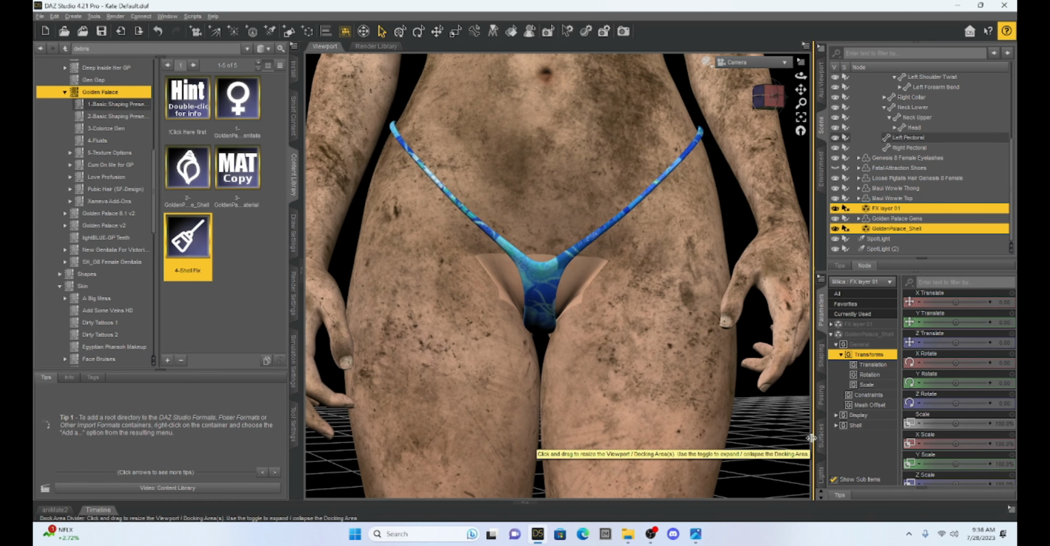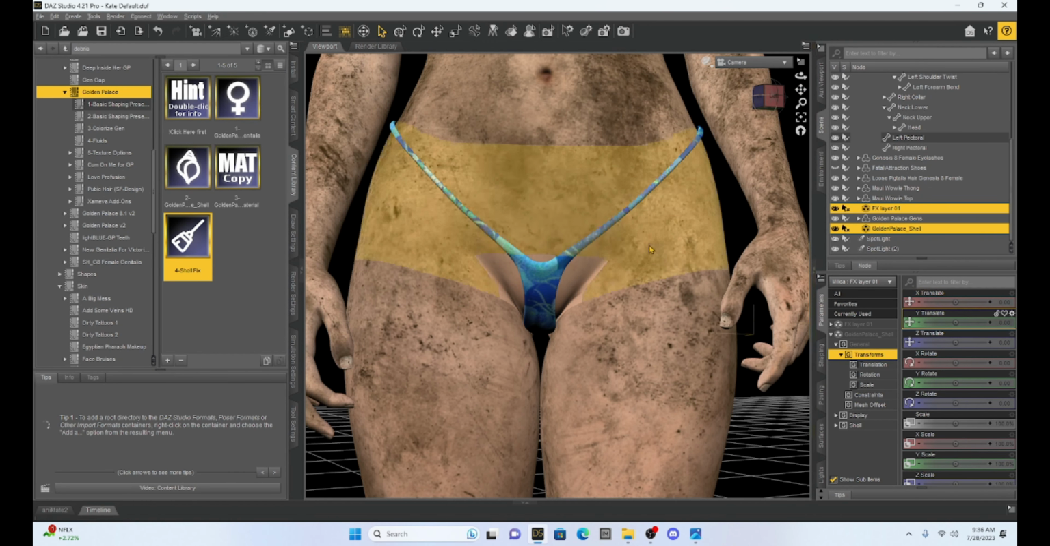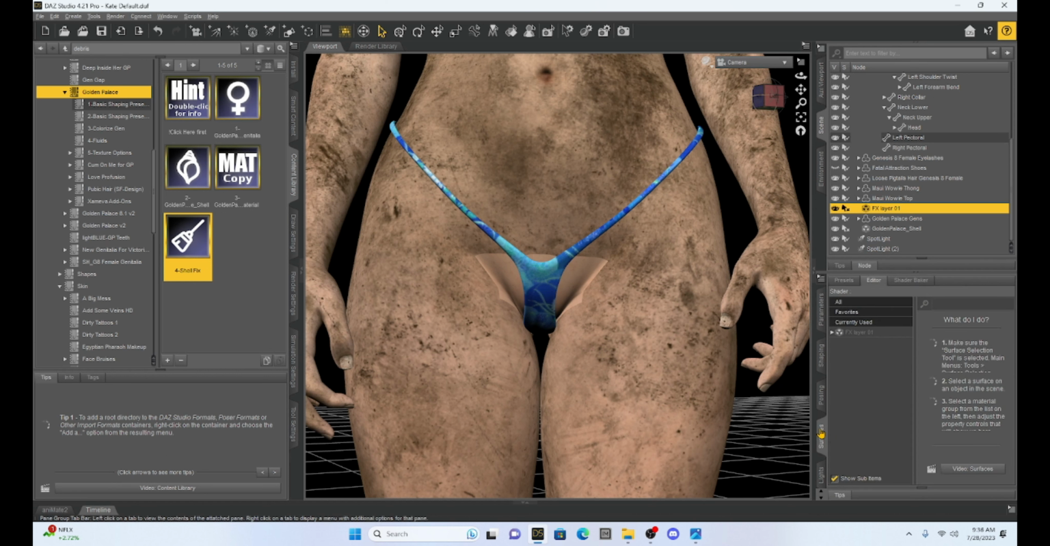abdomen. So the first thing that we want to do to add the textures of the geoshell to our genitalia geoshell is we want to select the dirt geoshell, and then under the surface tab we're going to click it, and we're going to take our FX layer 1 and drop it down. And when we drop it down, you're going to notice that the Golden Palace geoshells are right here. So what we have to do is we have to